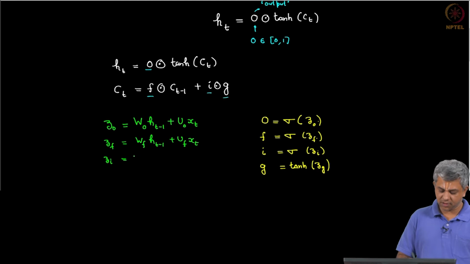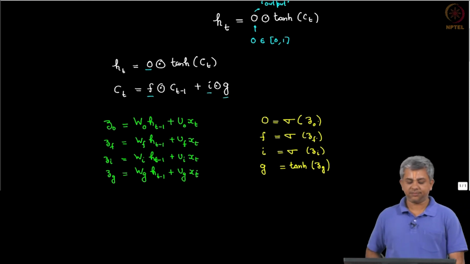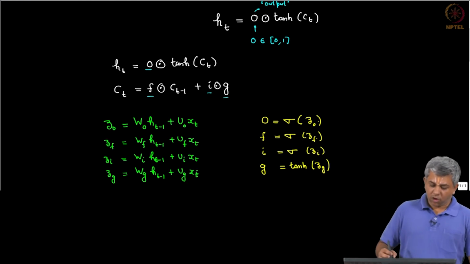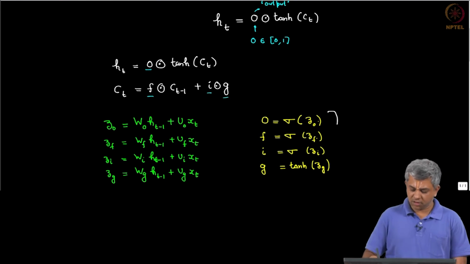ZI is WI HT minus 1 plus UI XT, and finally, ZG is WG HT minus 1 plus UG XT. All these put together give you